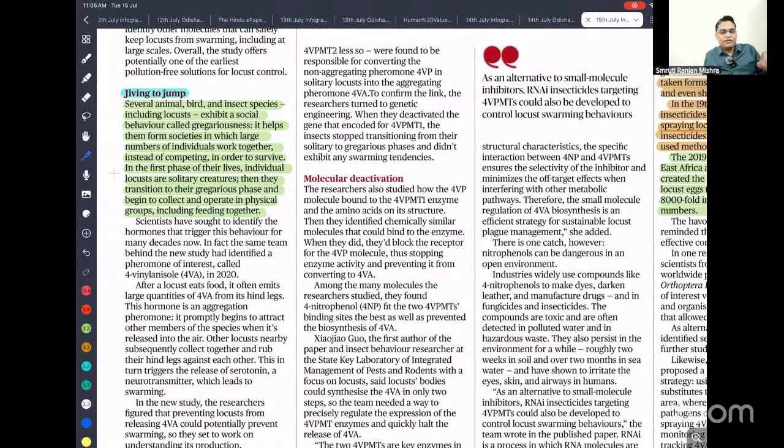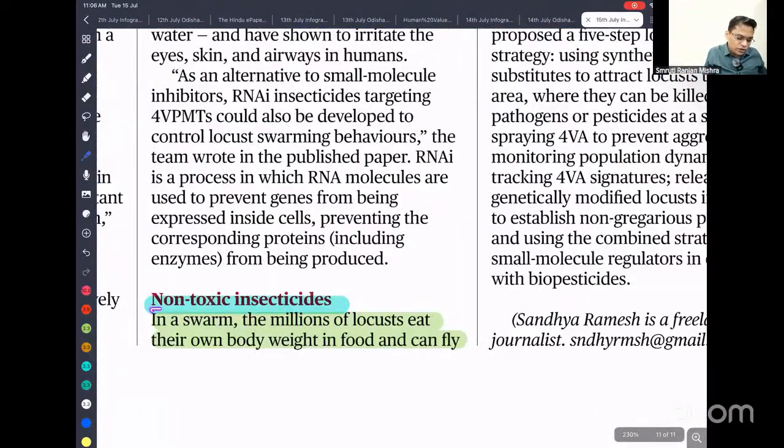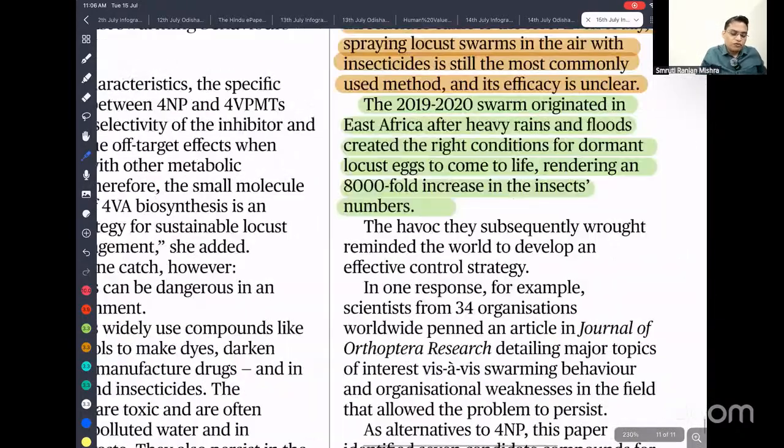If you dip a fish in piranha-infested water, you know that the fish will be damaged very quickly. The same thing happens with the locust. If a locust swarm is going, it will damage all the crop in a very short span of time, because they are very dangerous. In a swarm, millions of locusts eat their own body weight of food and can fly 150 kilometers in